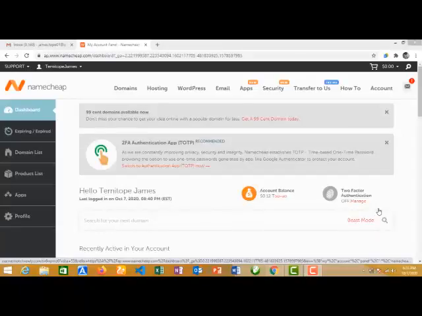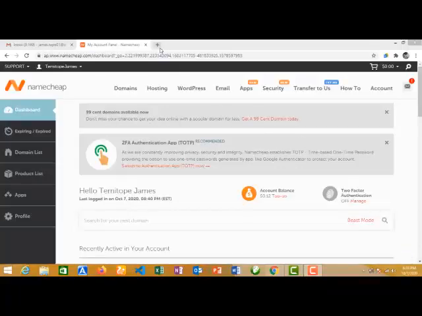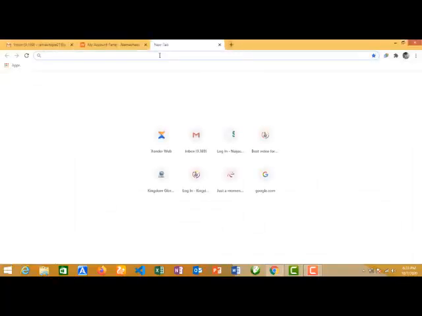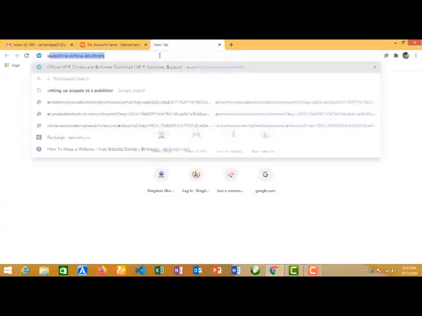So after installing your WordPress on your domain name, what is much more necessary and natural for you to do is to come to a link and go to the admin dashboard of your WordPress. So of course, as normal,